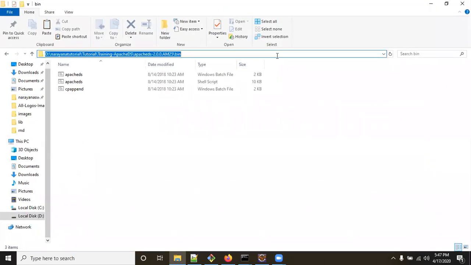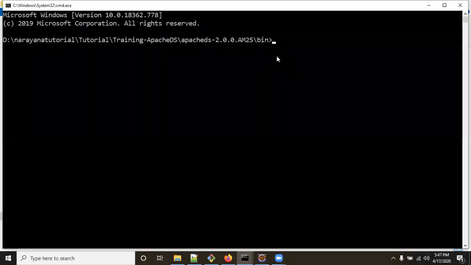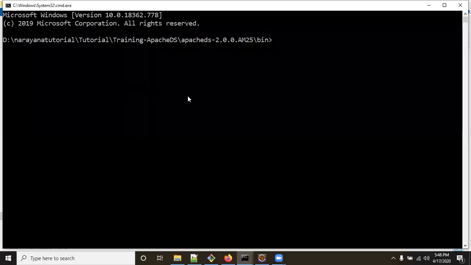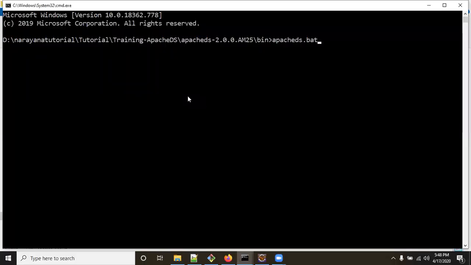Open a Windows command prompt, like typing CMD in the URL. Now we are in the same folder. So this is the Apache DS. There are two files: one for the Windows system and the second one is a shell script, that file is used in Linux system to start the Apache DS. Now we are installing in the Windows system, so we have to type apache ds.bat,